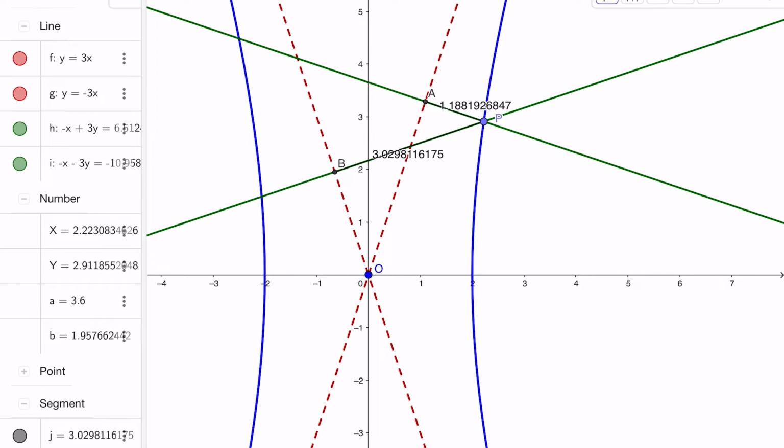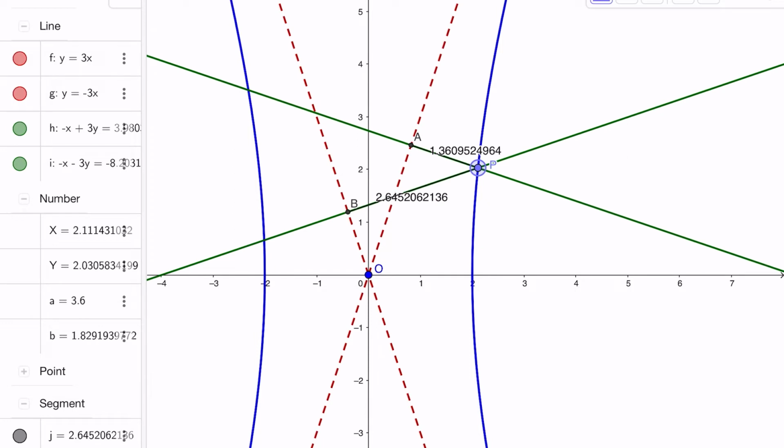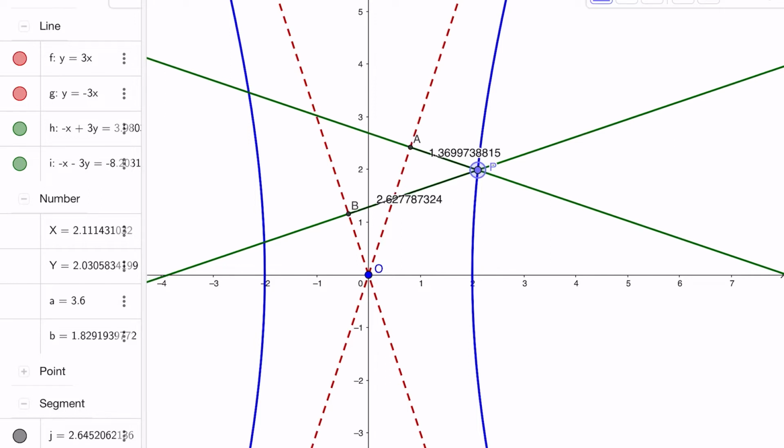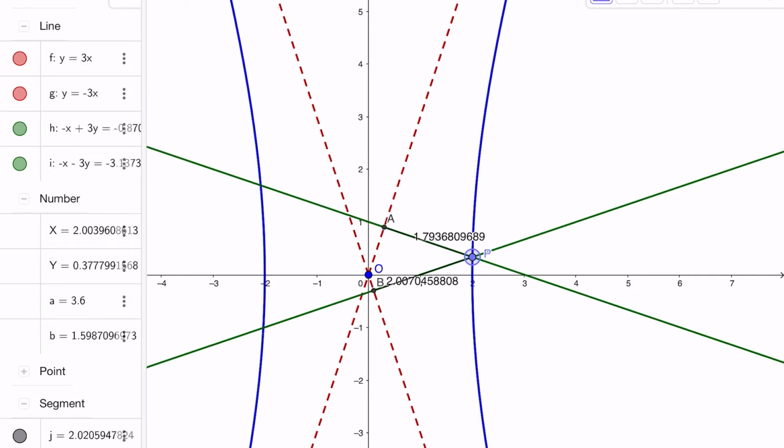And when you multiply those numbers together, you apparently get a constant. On the left hand side of my diagram there is, under the number thing, a little A equals 3.6. That is the product of those two lengths. And if I move the point P to a different position, of course AP and BP change, but the product is still 3.6,